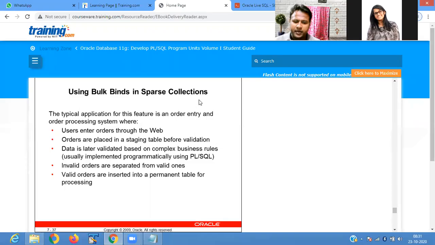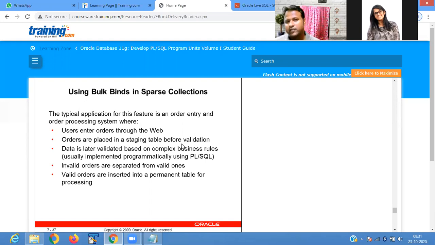The typical application for this feature is an order entry and order processing system where users enter orders through the web. Orders are placed in a staging table before validation. First you give your order, then it goes for validation at the merchant portal to check whether the items are available or not. Then the data is later validated based upon complex business rules. Invalid orders are separated from the valid ones.